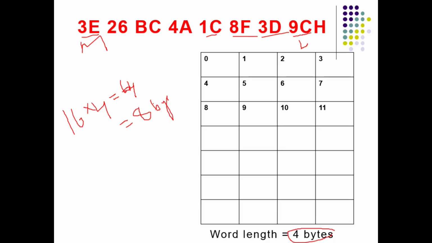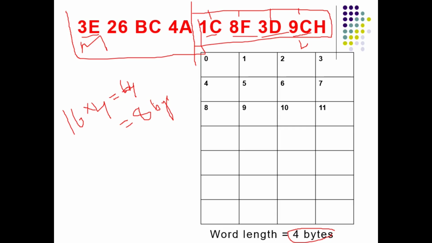First of all, you divide this into 2 words, 4 bytes each. See here: 9C is the first byte, then the second byte, third byte, and fourth byte. So this is one word. The remaining word is 1, 2, 3, 4 bytes, because one word means 4 bytes. If there are not 4 bytes properly, you can add zeros. Now 2 words are there.